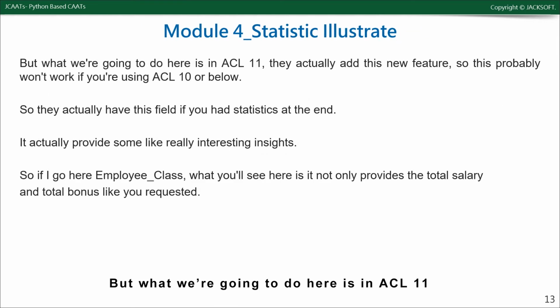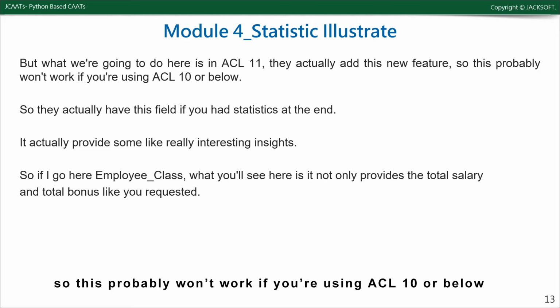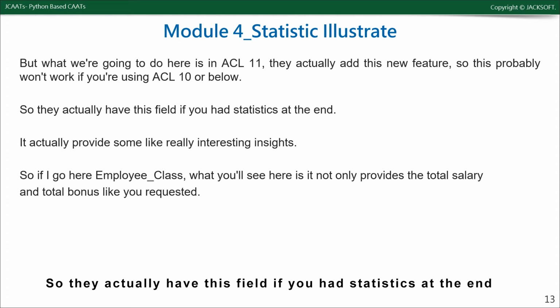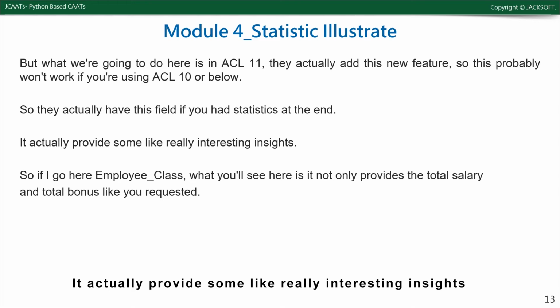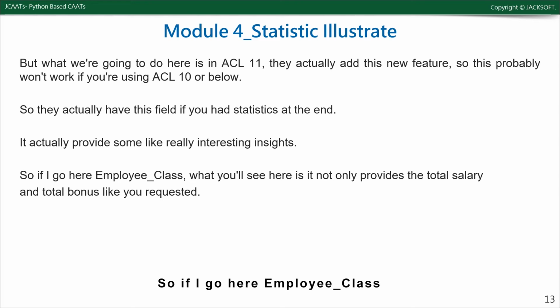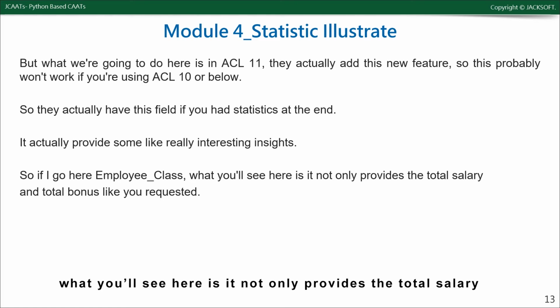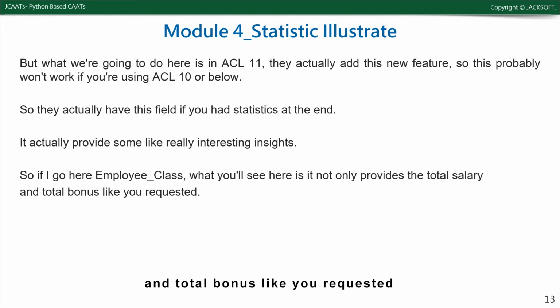But what we're going to do here is, in ACL 11 they added this new feature, so this probably won't work if you're using ACL 10 or below. They actually have this option if you add statistics at the end. It actually provides some really interesting insights. So if I go here, employee_class, you'll see it not only provides the total salary and total bonus like you requested,